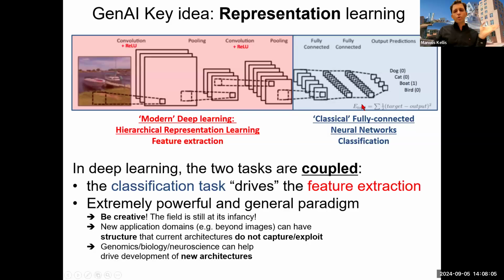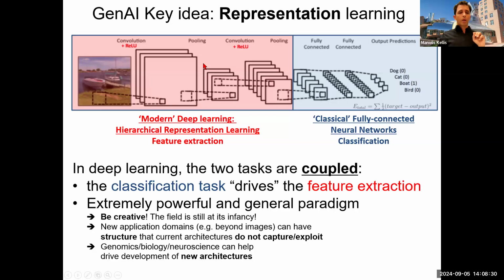And then, sure, you can put in the stuff that we had in the 60s, a fully connected network. A fully connected network is just an approximation of functions; it does some kind of nonlinear computation. This part, yes, we had it in the 60s. But this part here, that's fundamentally new.